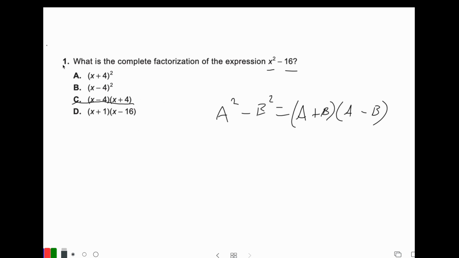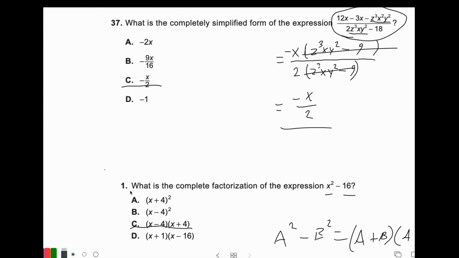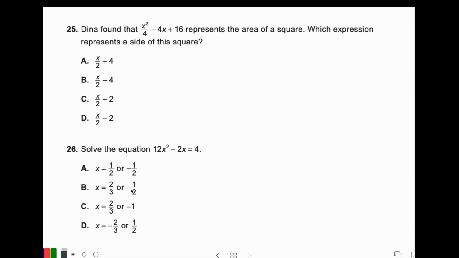I mean, it's the first question on one of these practice tests, and there's almost always a question like this in the first 10 or 20. Now, look at this. Later on, same practice test. These two problems are all in the same practice test. Like I said, 3 or 4 questions like this on every single test. So, here we go. In this case, Dina found that x squared over 4 minus 4x plus 16